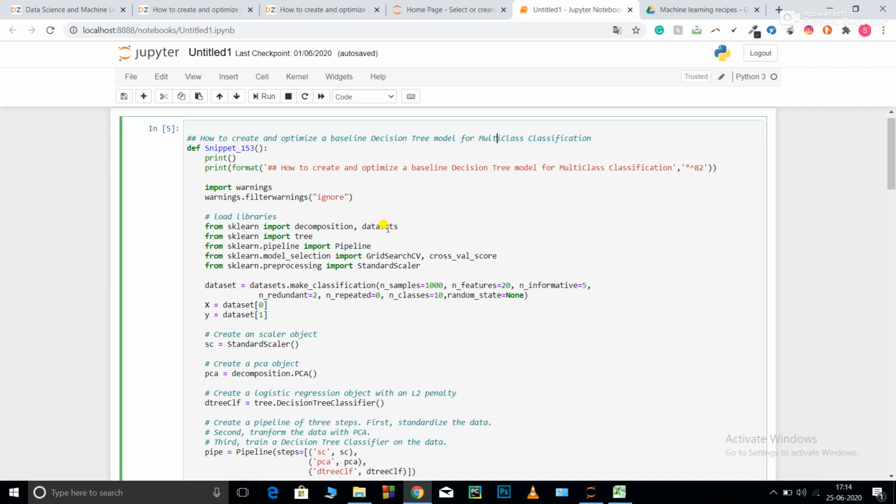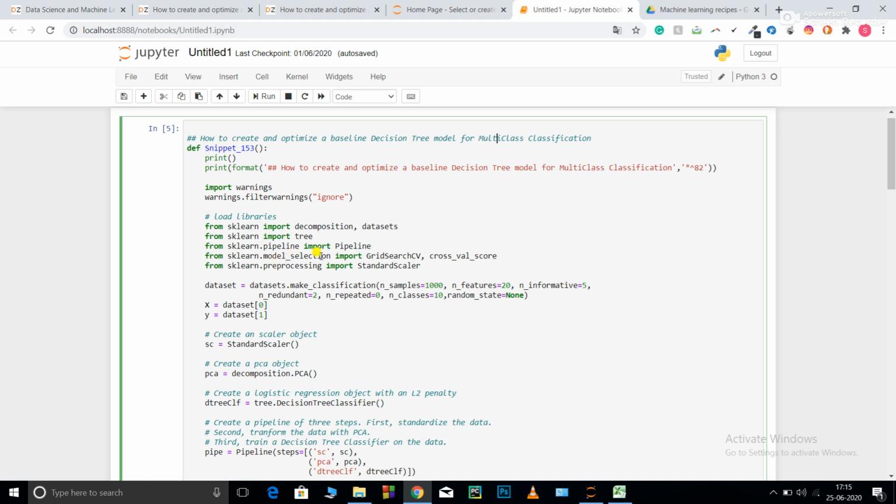And from sklearn I imported datasets. Datasets contains preloaded data sets, and sklearn also provides me the liberty to make my own data set for classification, regression and clustering. So from sklearn I imported tree. Now this tree contains the decision tree, and I would be using the decision tree in this. So from sklearn.pipeline I imported Pipeline. Pipeline is basically used for road mapping your task. You can say pipeline is a function in which you just put your data set and you create a roadmap for it, and the pipeline takes care of that.